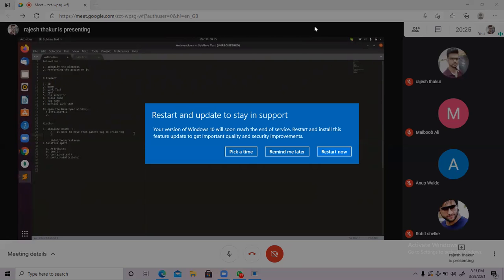Single forward slash is used to move from parent tag to child tag.